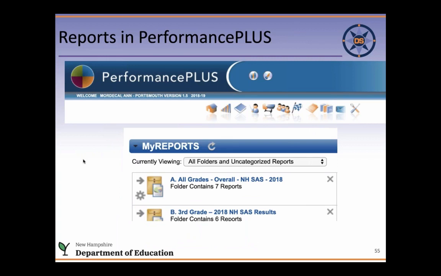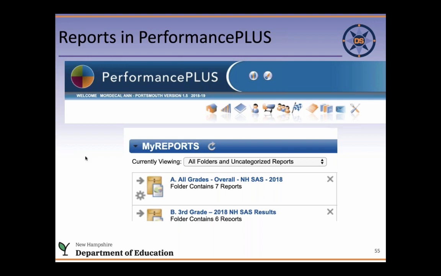I'm going to show you now how to use Performance Plus, and I'm not going to do it live. I'm going to just show you some slides. So anybody who has used Performance Plus before probably knows that it can be very frustrating. I've been using it for a long time and I still get very frustrated, but I know that it is very powerful. It can do a lot of things. So that's what makes it a little harder to use.